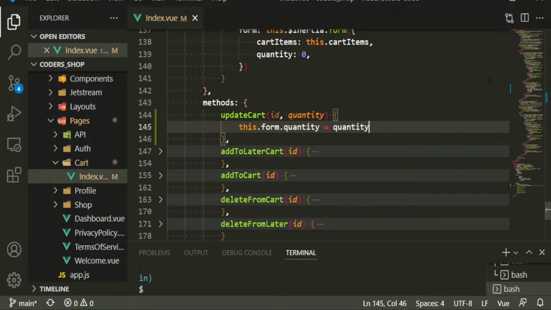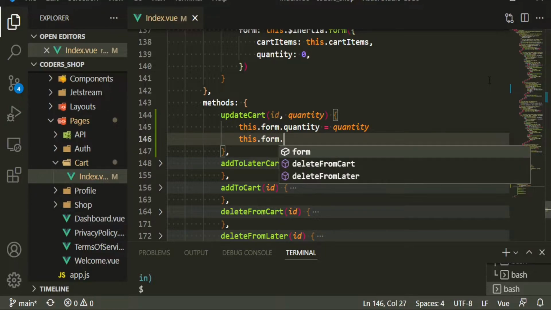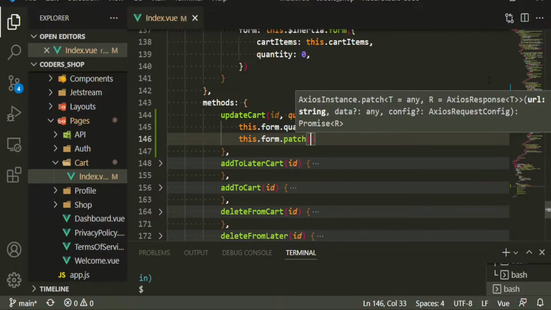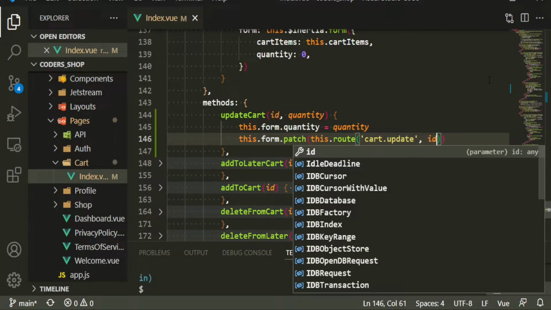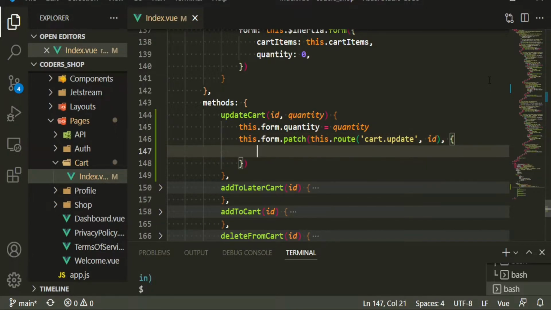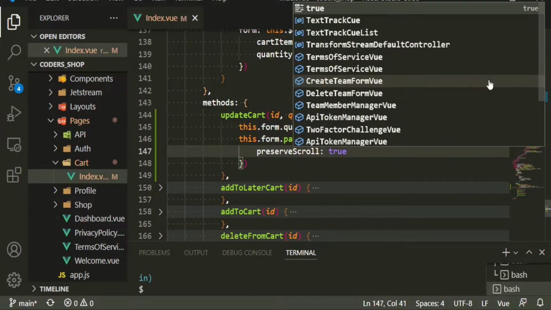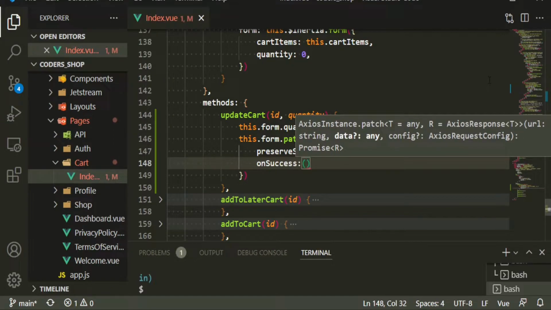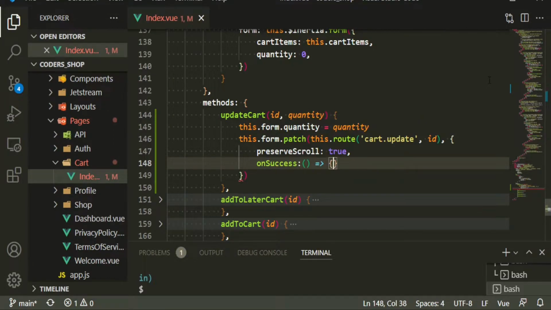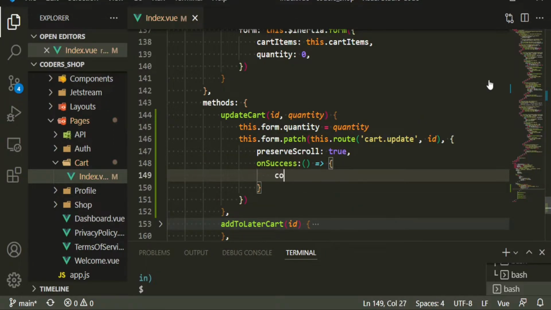And then after that, we're going to say this form patch, this route. We haven't made this yet, but we'll do it in a bit. So cart update, we're going to pass in the ID. Preserve scroll is true. On success, we'll just console log